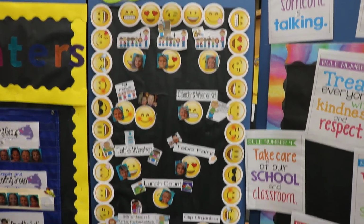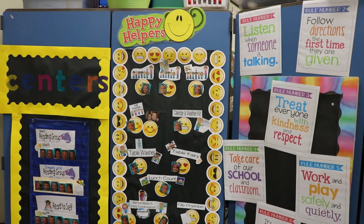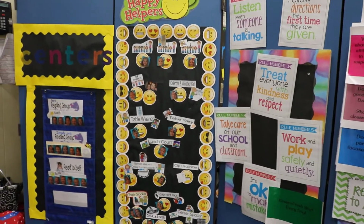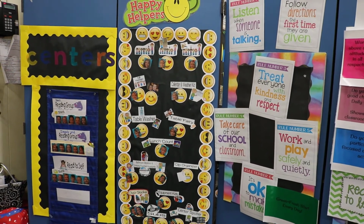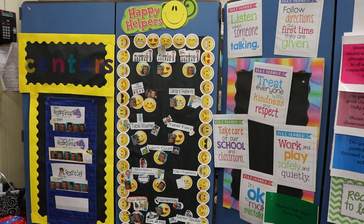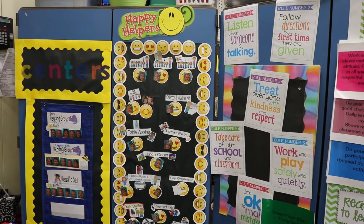And you know, there's just so many little jobs that I need help with, and the students learn responsibility, and they grow as leaders because they're learning to take responsibility and make sure that things get done and help out. So that's our helper board, and I change that every couple of weeks. So the line leader for this week